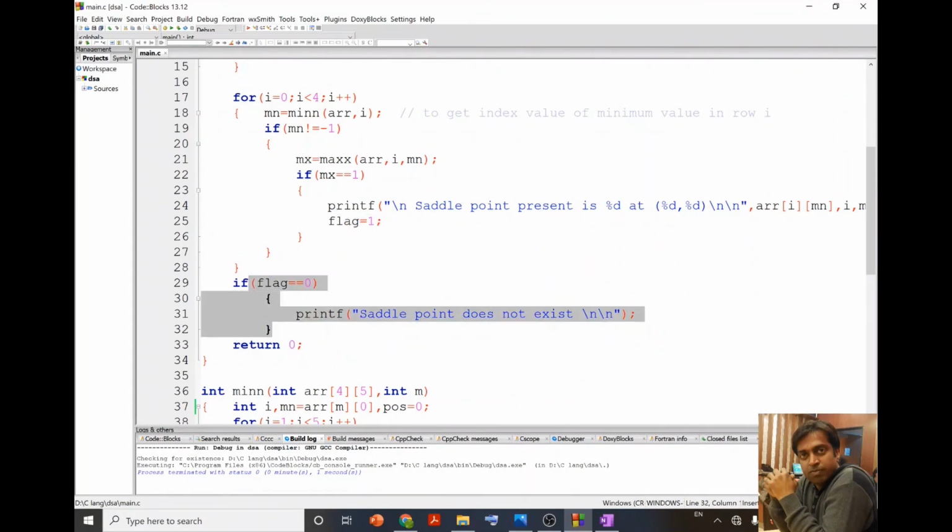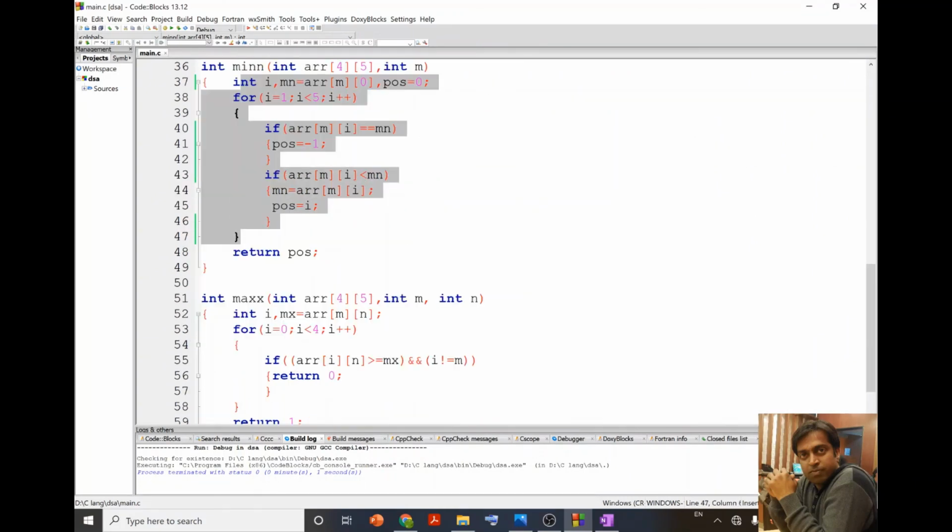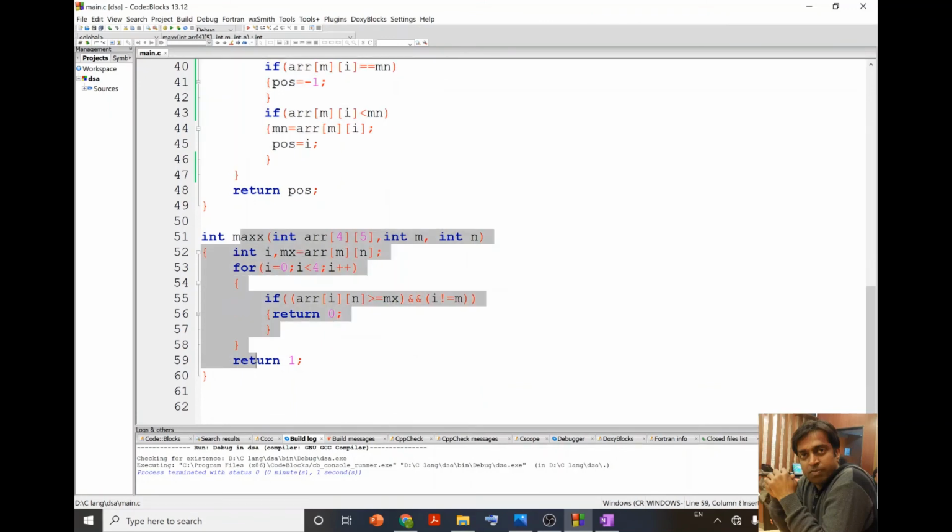At the end I check this condition: if flag is 0, then print saddle point does not exist, then return. And over here I define these two functions, min and max. It is exactly the same as what I discussed in the video.